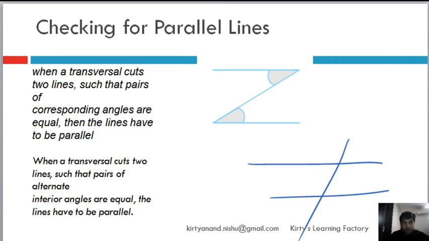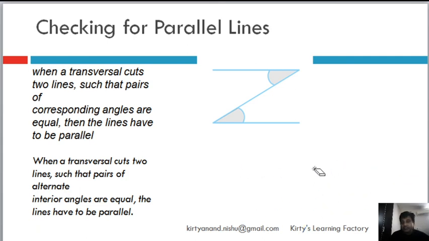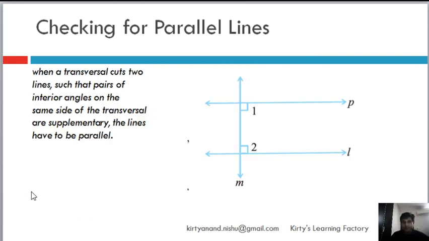or not only this, corresponding angles are equal, means this angle is equal to this angle, or this angle is equal to this angle, or this angle is equal to this angle, or this angle is equal to this angle. Whenever that happens, right, you can say that these two lines are parallel to each other. This line and this line are parallel to each other. That is the check. So whenever it says that alternate interior angles are equal or corresponding angles are equal, close your eyes and you will know that it is a parallel line.